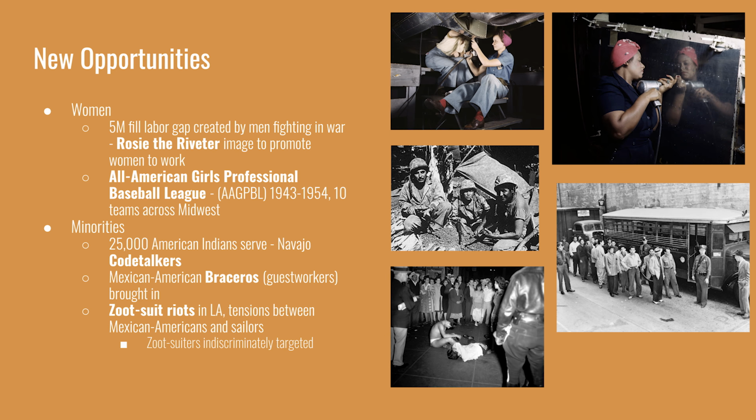Tensions escalated and a fight broke out between zoot suiters and service members. It turned into a rampage by American sailors across Los Angeles, targeting anyone wearing a suit, regardless of their involvement in the original fight. Service members dragged Mexican American men from movie theaters and stores and stripped them of their suits in public. To add to the humiliation, when the police involved itself, it did not arrest any service members, but instead arrested the victims of the harassment.